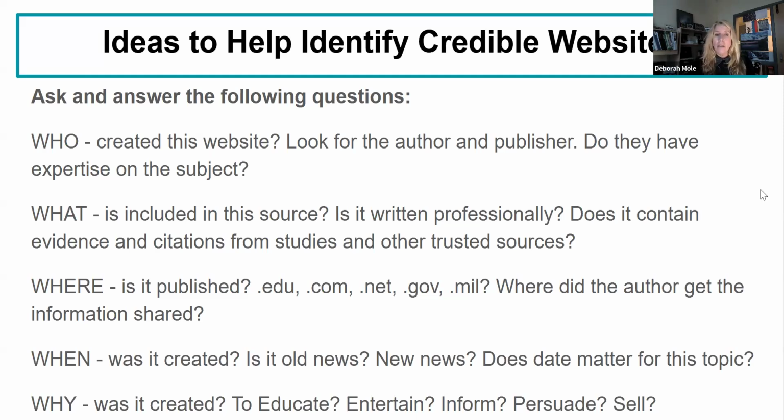.com and .org are for-profit and nonprofit company websites typically. So .com is commercial, .org is organization, but orgs can also be individuals as well as .net. .edu would be university, so that would be rather credible. .gov is government, and .mil military. It gives you a little bit of information in that URL address line at the top, but not completely. You would still need other criteria to assess whether it's appropriate for your assignment.